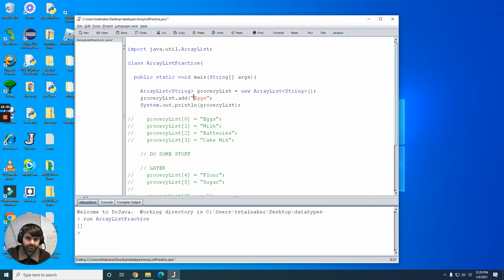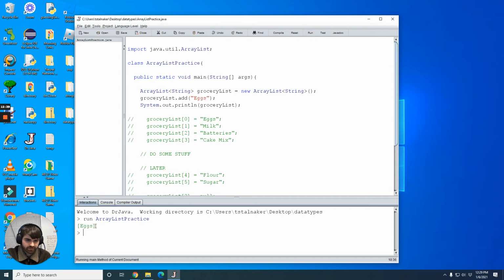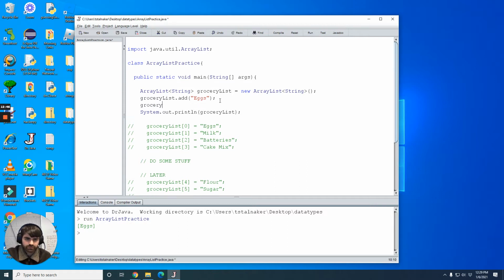It's got a method on it called add. So we can add eggs to it. We compile this, run it, and look at that. Eggs. They're in the list. Okay. So grocery list dot add